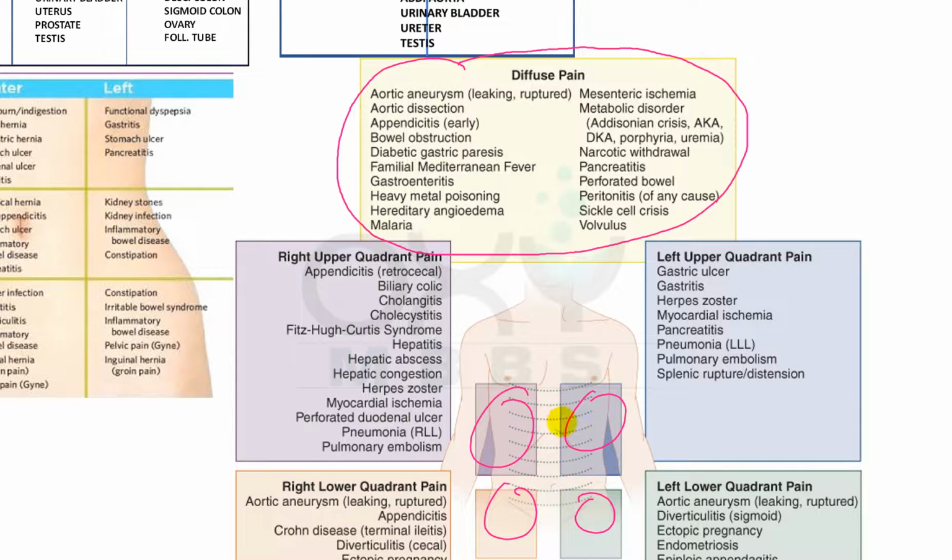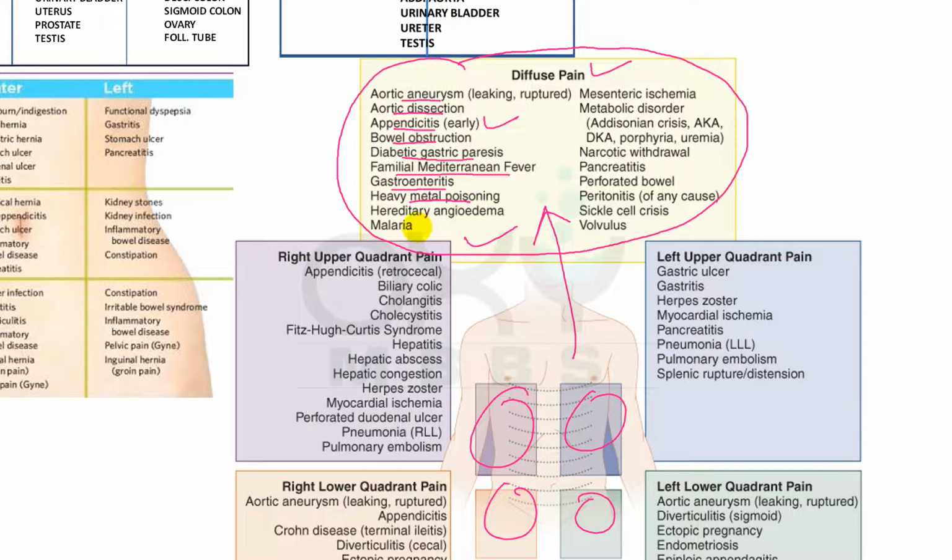Now friends, there are some pathologies in which the pain is not felt in a specific quadrant, but is a diffuse type of pain. So what are the conditions in which there is diffuse type of pain? These are aortic aneurysm, aortic dissection, appendicitis, early appendicitis, bowel obstruction, diabetic gastroparesis, familial Mediterranean fever, gastroenteritis,